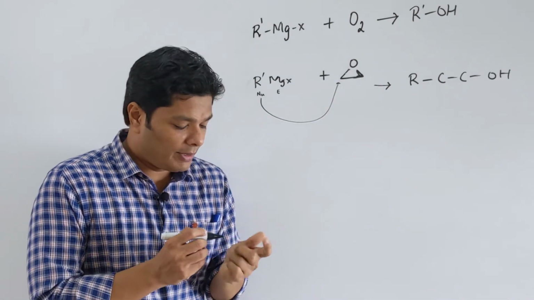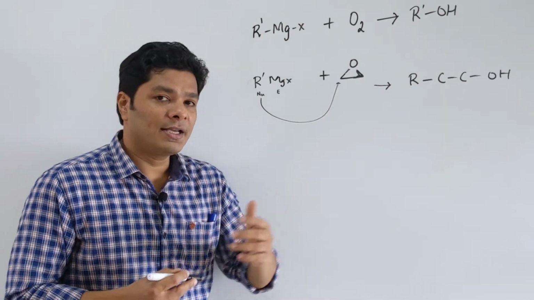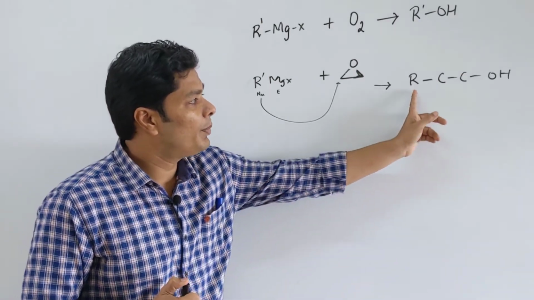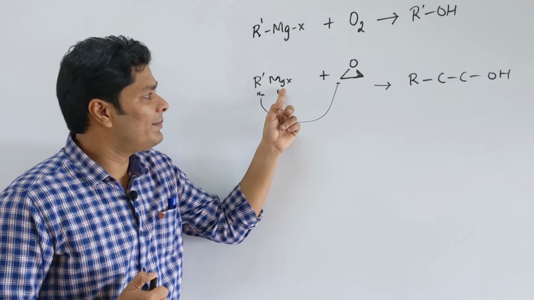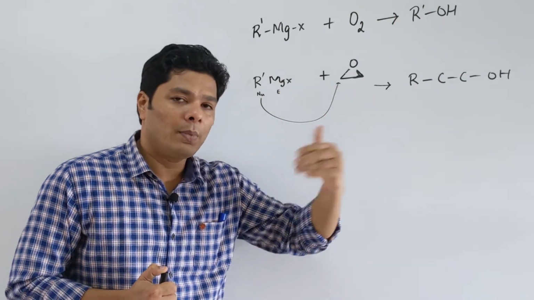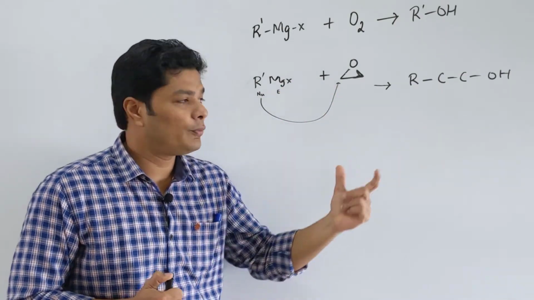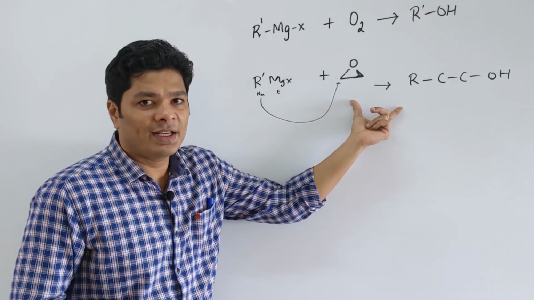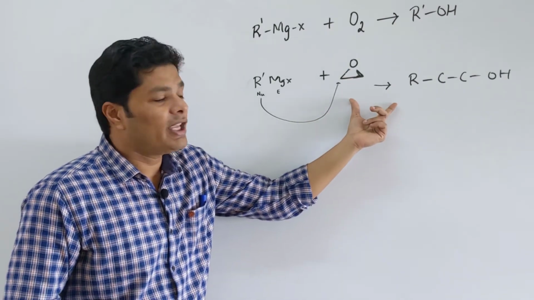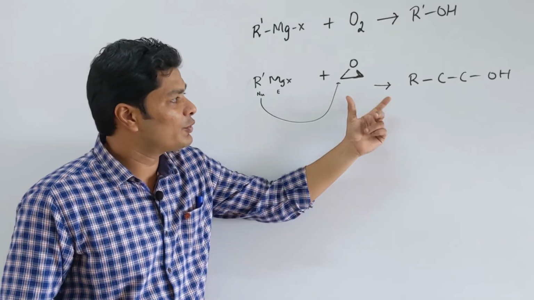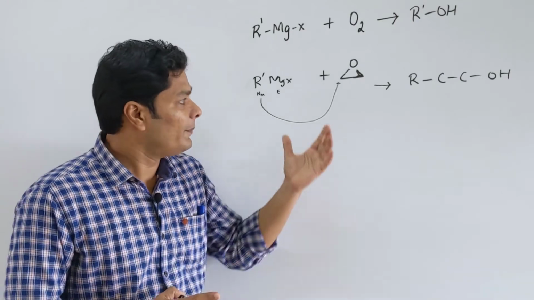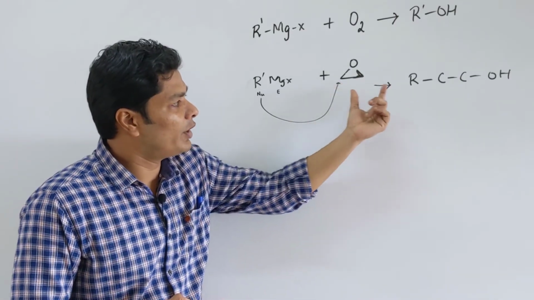So that means I cannot synthesize methanol or ethanol with this. I can synthesize propanol by using CH3MgX in this, or butanol, pentanol, and so on and so forth. Now these two reactions are not all that common in your syllabus, but it has come in JEE Mains before, particularly this one, so you want to remember this. Luckily, no need to worry about any rearrangement whatsoever, just the two carbons are going to be attached.